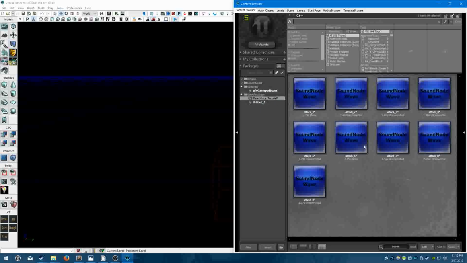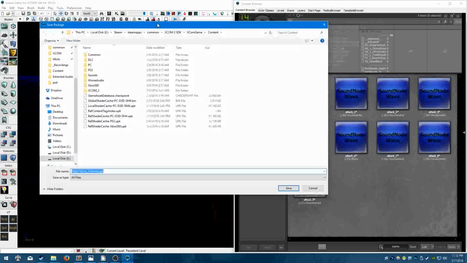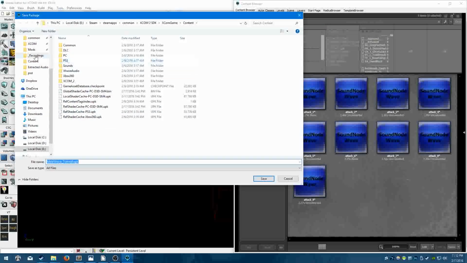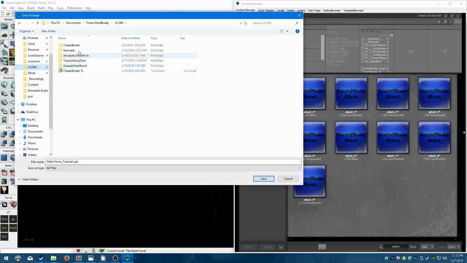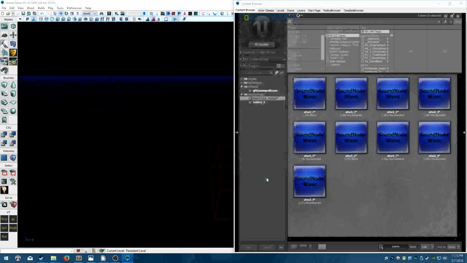So we have our new package with some sound waves in it, and we're going to save. And you're going to do this a lot. You're going to save a lot because this program is very unstable, will crash, and you do not want to lose a lot of work. And I'm going to save it in our XCOM Fire-Access Mod Buddy XCOM folder, tutorial voice pack, content, and I'm going to save it as the mail voice1 underscore tutorial.upk. It's the file we gave the name of the package. I'm going to save that,